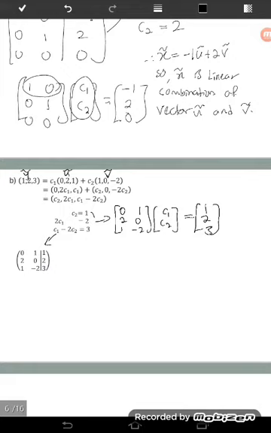Okay, so after that, we need to solve this one using Gauss-Jordan elimination method. So to use Gauss-Jordan elimination method, first we need to have here leading 1, but here 0. So what I do, interchange with row number 3. So row 1 interchange with row number 3. So I have here 1, negative 2, 3, 2, 0, 2, 0, 1 and 1.